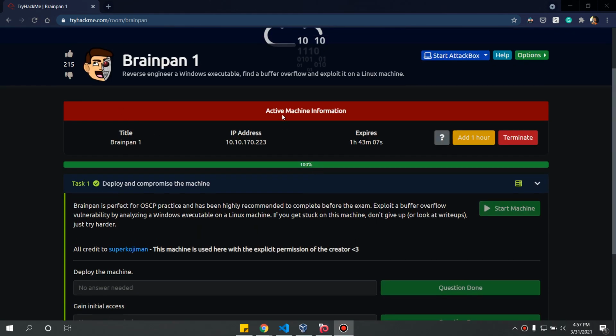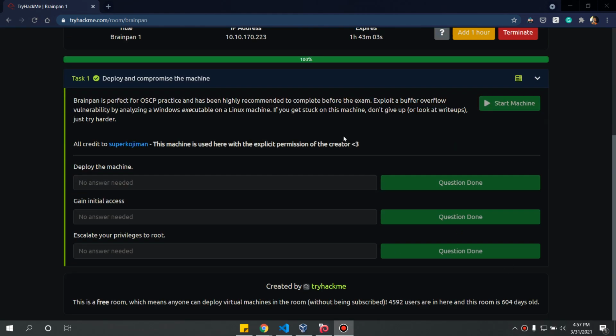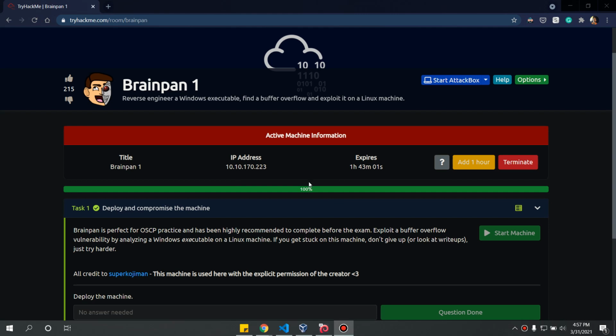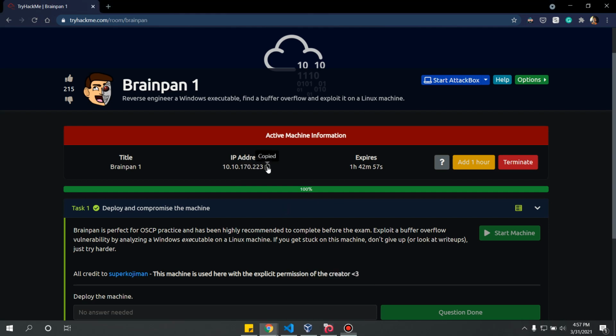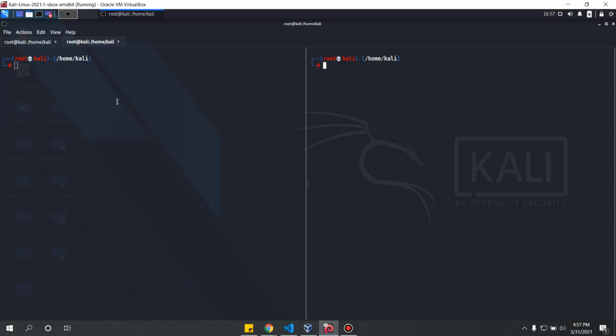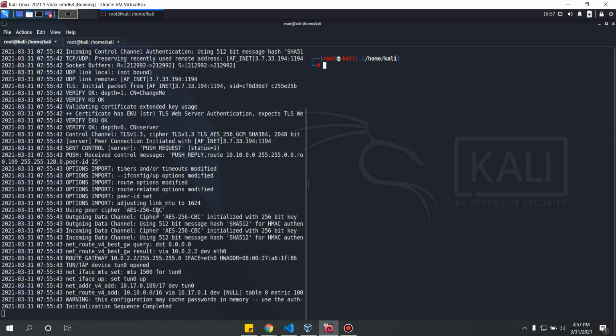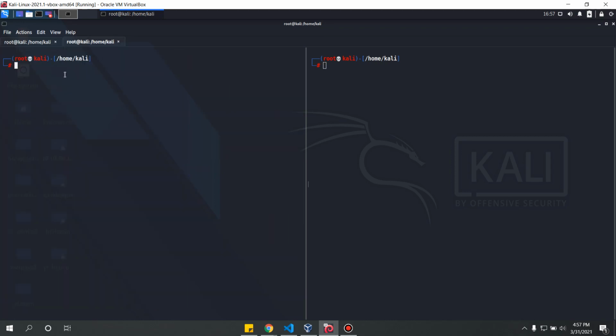So I've already started the machine so that all the services are up and running, and let's see. So let's first enumerate this address. Let's see what's running on this address. So I have my virtual machine running, and let's just copy this address. And as you can see, I have my virtual machine running, which is connected to the TryHackMe Open VPN. And now, before we get started, it's always a good